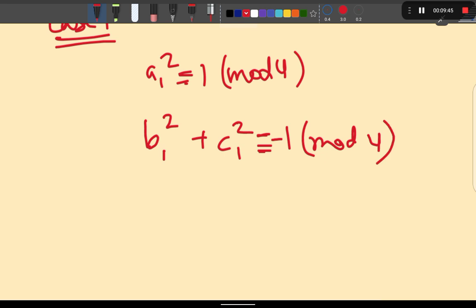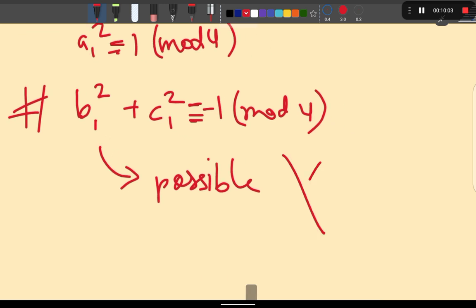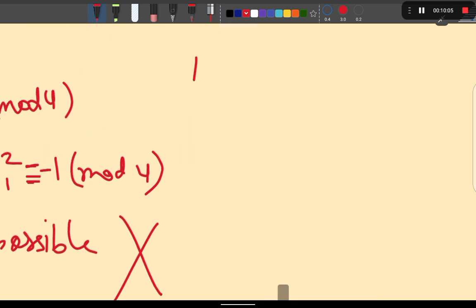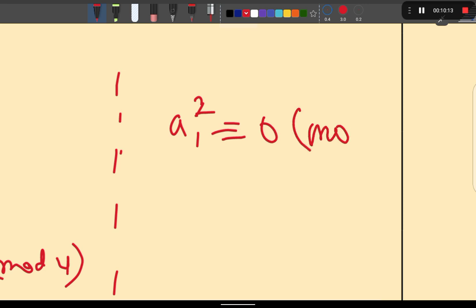You can just do it like the previous one I did, and you will get this result. But this result is not actually possible, since we are summing up two squares and dividing by 4 and we are getting minus 1. So this is just rejected,